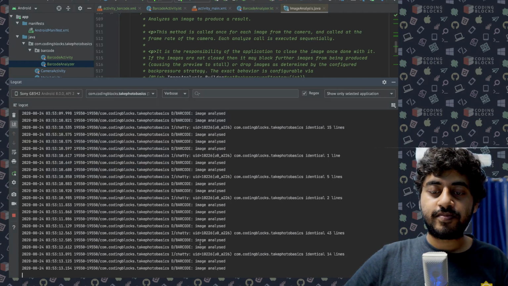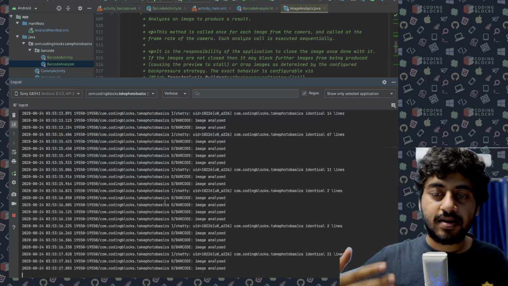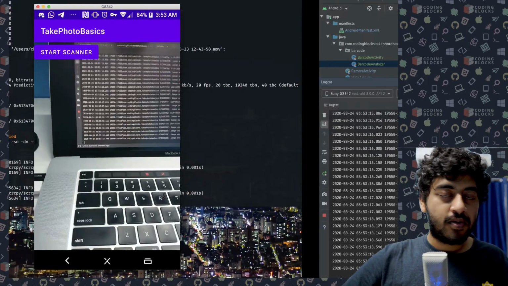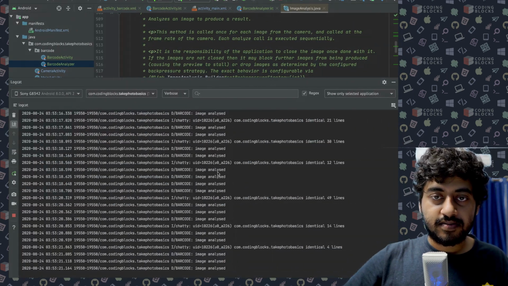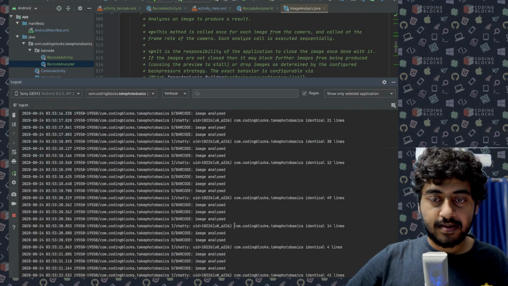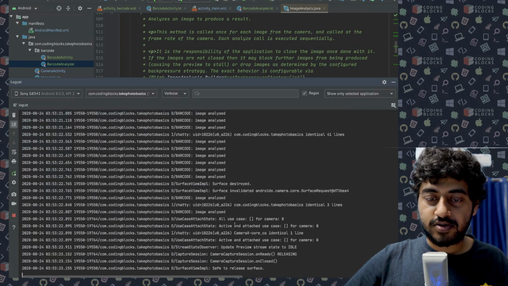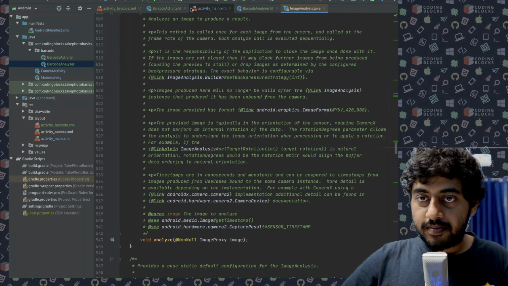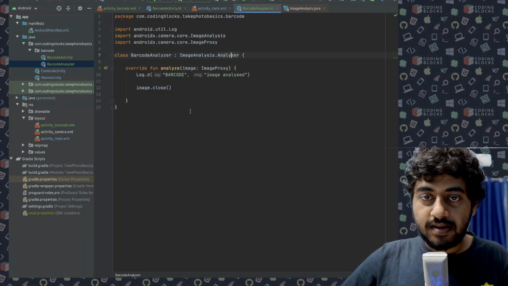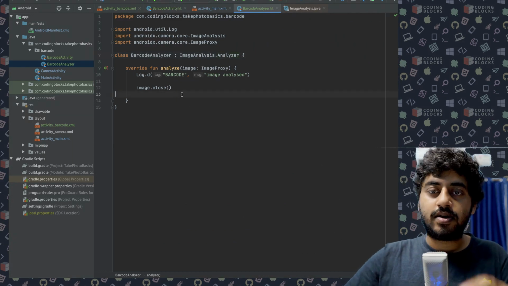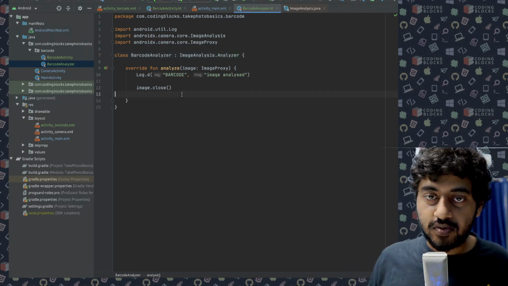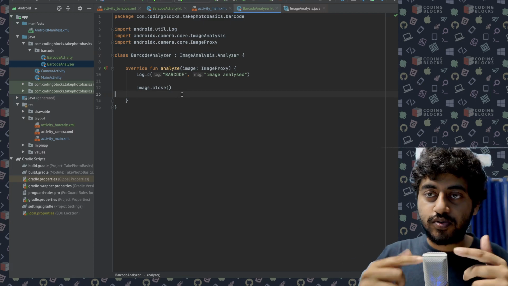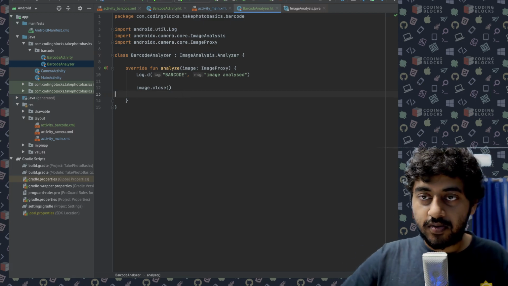Okay, so if I close the image, the camera will keep sending me images. Okay, now what I need is, so, close it and it should be closed. Okay, so fantastic. Now is the place where I'm gonna have to add the barcode analysis code here in the analyze function. Okay, so let's do that in the next video because this has been quite long already.